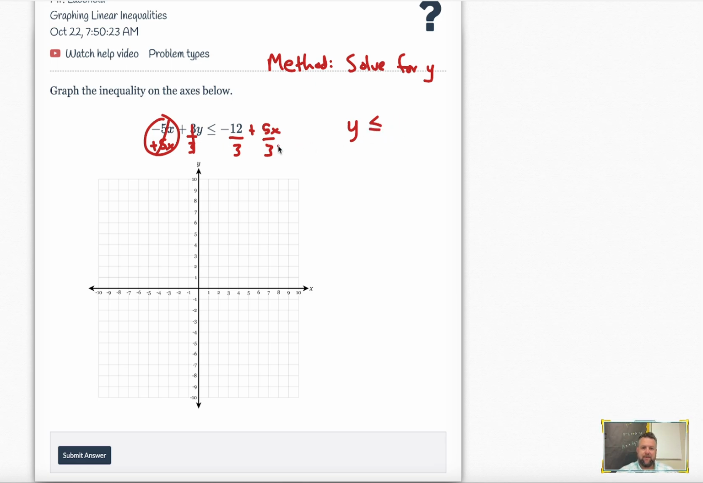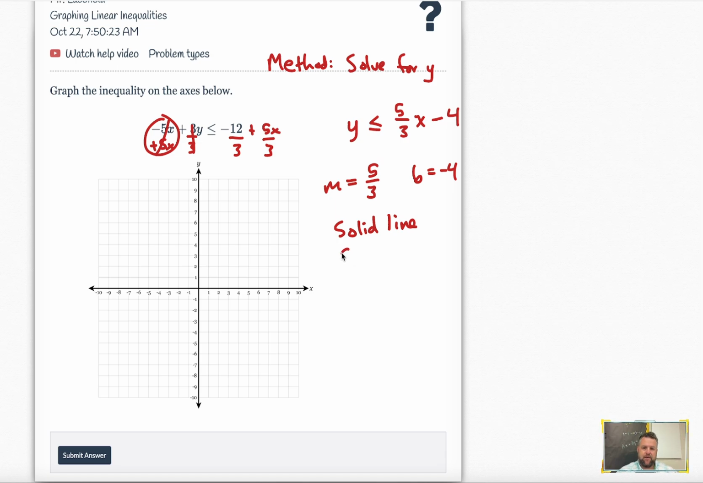Y is less than, and then we're going to take 5/3 x, that will not reduce, minus 12 over 3, which is simply minus 4. So here I have a slope of 5/3, and I have a b value of negative 4. Okay. Now the other things I'll notice, I have a less than or equal to sign, so I'm going to have a solid line,